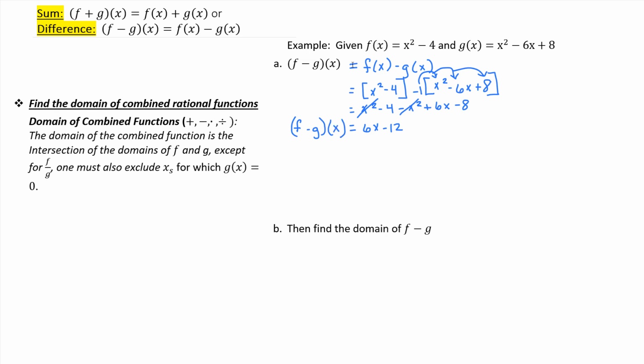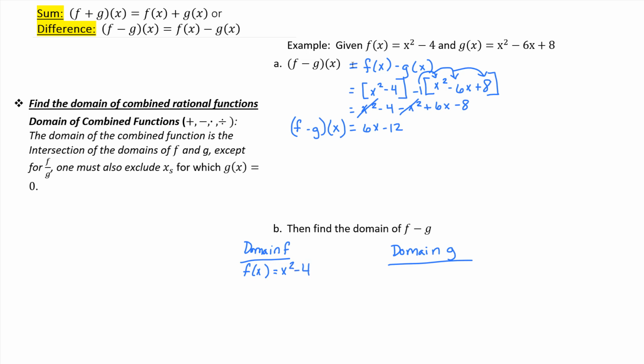Then if you're needing to find the domain of f minus g, it ultimately boils down to, you could look at this function and kind of see it, but it boils down to the domain of f intersected with the domain of g. So we need to figure out what is the domain of f, and then what is the domain of g, and then we can do the intersection of the two, and that'll be our domain of f minus g. So the domain of f, well, f of x is x squared minus 4, which is just a